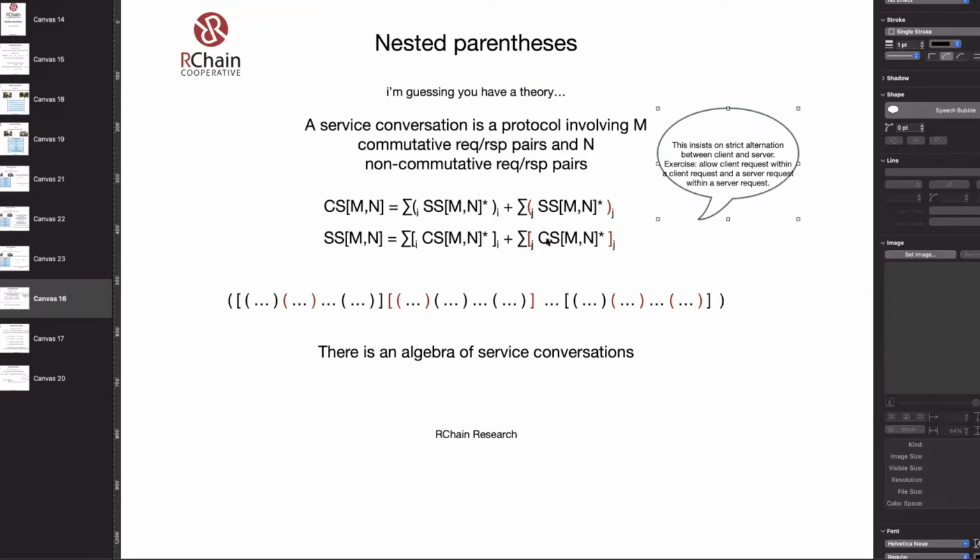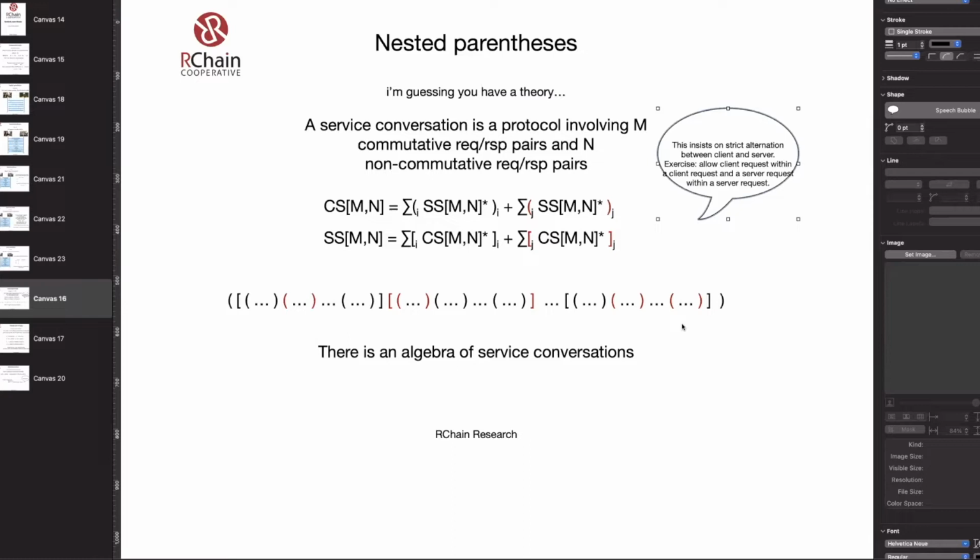And then the server is just the dual of that, right? So the server can open the conversation, and then the client must close the conversation, and in between there can be as many client initiated conversations. And this is either in the commutative or the non-commutative flavor. So here's an example, right? We see that all parens are balanced in color, and we always have a balanced expression. Does that make sense?